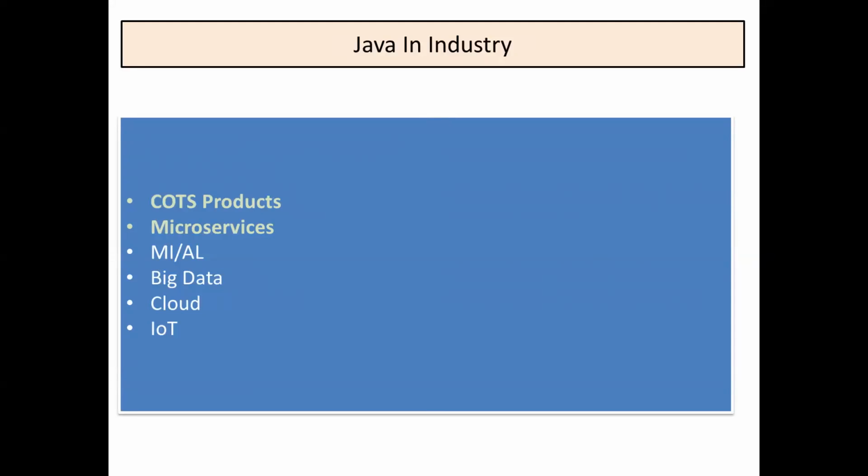These COTS products are currently being adopted by the industry. What a COTS product means is it has some inbuilt features. I build a product to fulfill some of the specific requirements of the customer, and I develop this product to make the developer's job easier. So there is less coding for the developers, and developers are able to utilize some of the features of the product, and that enables a faster development life cycle of the application.